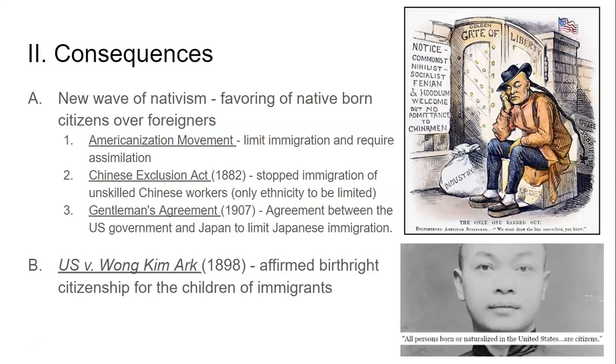And he said, "No, I was born in the United States. I'm a citizen. Let me enter." And what the government told him was, "No, the 14th Amendment does not guarantee you citizenship because the 14th Amendment was only designed for former slaves. It is not applied to immigrants." And so he sued, and eventually it found its way to the Supreme Court, and the Supreme Court officially said that yes, all children of immigrants born in the United States are, in fact, citizens, that the 14th Amendment applied to them as well. And so that's what we call birthright citizenship. You are a citizen if you are born on United States soil.